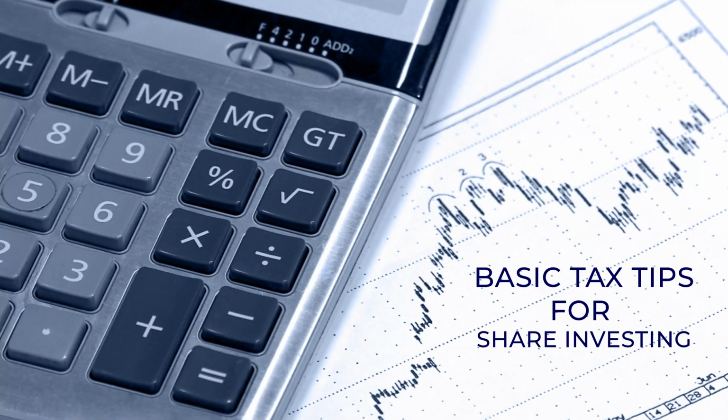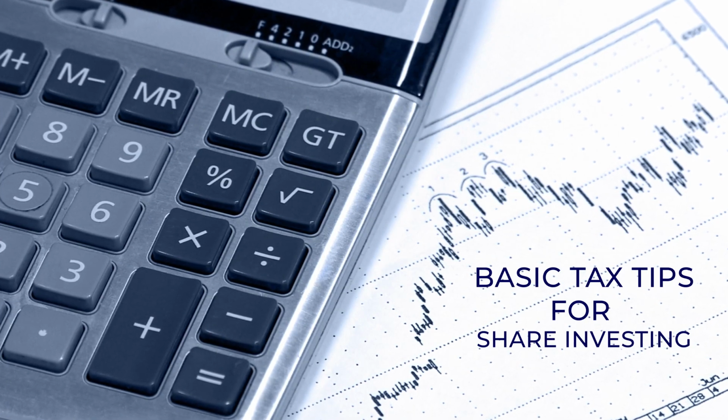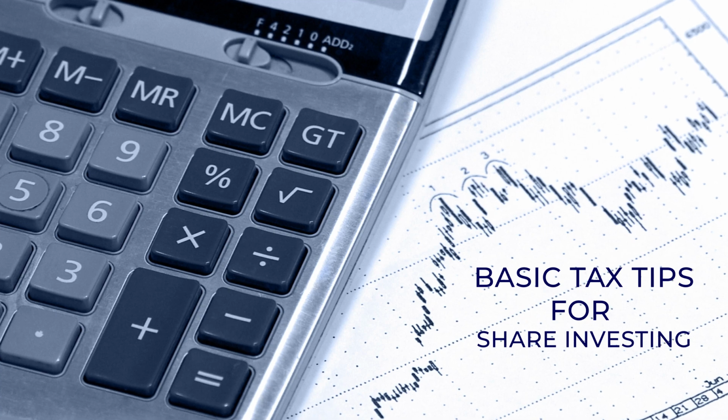Today I want to just give you some basic tax tips for share investing. Just with the pandemic last year, there seems to be an overwhelming influx of new investors wanting to move out of cash due to the low returns that we're seeing that are forecasted to be here for quite a few years, and wanting to chase greater returns and also potential capital growth. Today I just really want to highlight those little tax responsibilities for those new share investors out there who are